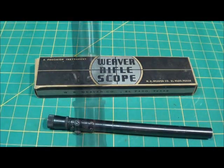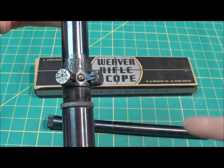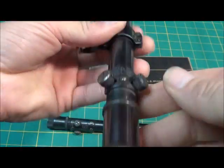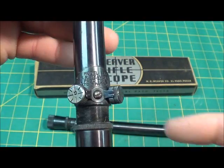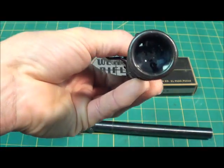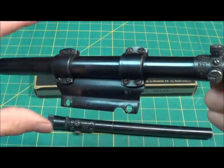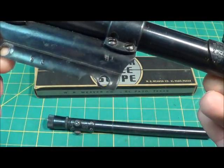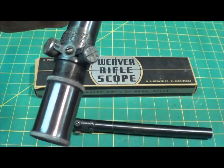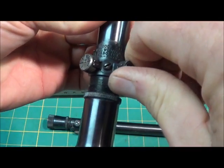Let me see if I have another Weaver to show you. Okay, this is a Weaver. This is a 29S. This is the model that preceded that model there. Anyway, this shows you the click adjustable elevation and windage that was on a lot of the military models. This also was a 3/4 inch scope. This has a side mount for something. This is Mark T3. Anyway, that's what the other scope adjustments look like when they have the finger adjustable,